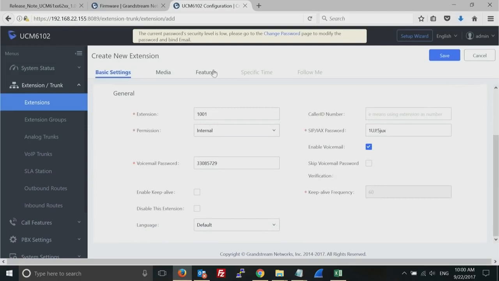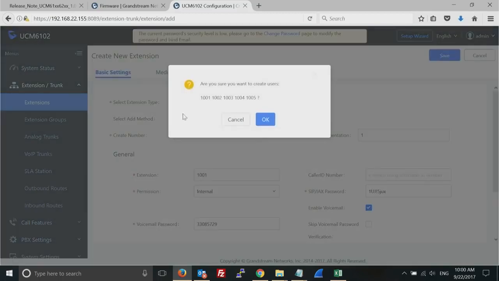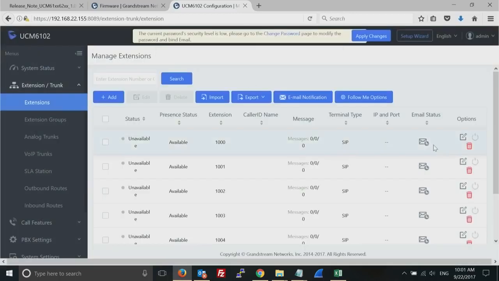You go down, just kind of review everything. And I'm going to explain each option later on. But then when you click Save, actually let's add 5 more extensions. Say yeah. And now you're going to see all the extensions created right here. So now this UCM has 5 new extensions. If you go to the Edit button,